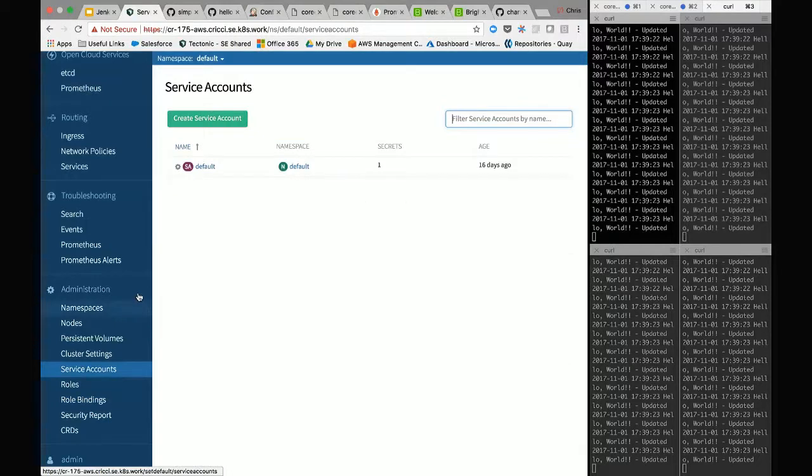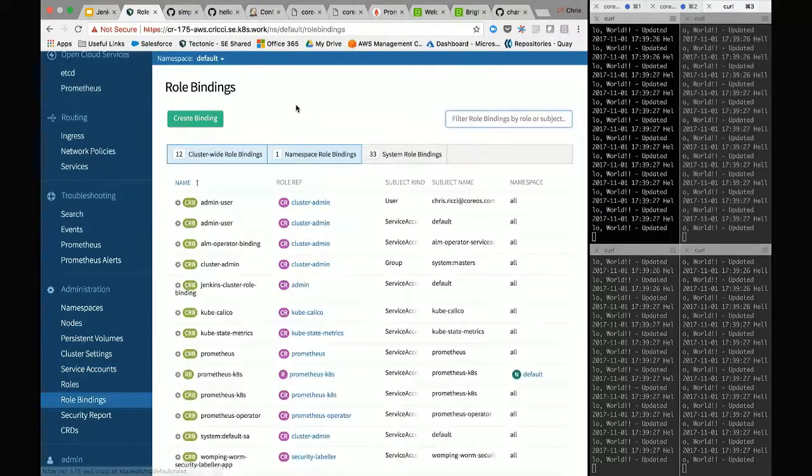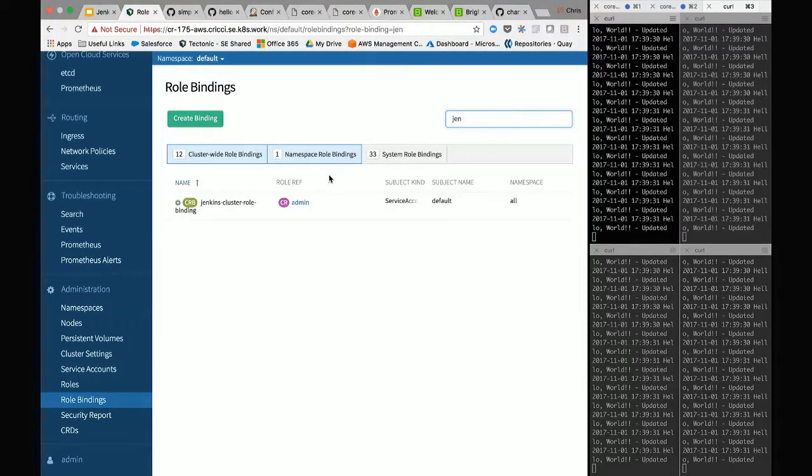if I go to service accounts, I believe, yeah, so I've got a default service account here, and then in my role bindings, I have a Jenkins role binding, which is basically binding that default service account to, I'm using an admin role. It doesn't necessarily have to be as open as an admin role, but what you need to think about is what type of actions